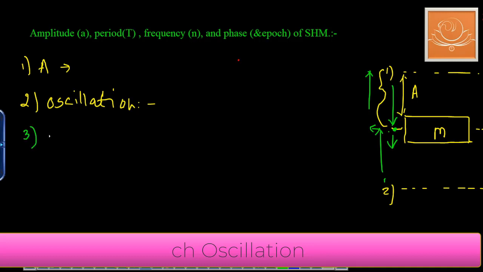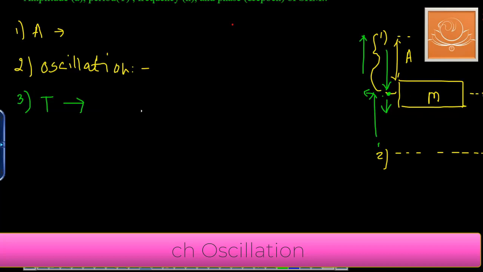Now next, the definition of the period. The time required to complete one oscillation is called the period. It is the simplest definition. Now we have to find the equation for period. See how to find the equation of the period. If the particle starts from extreme position, the equation for displacement is x equals a into cos omega t.